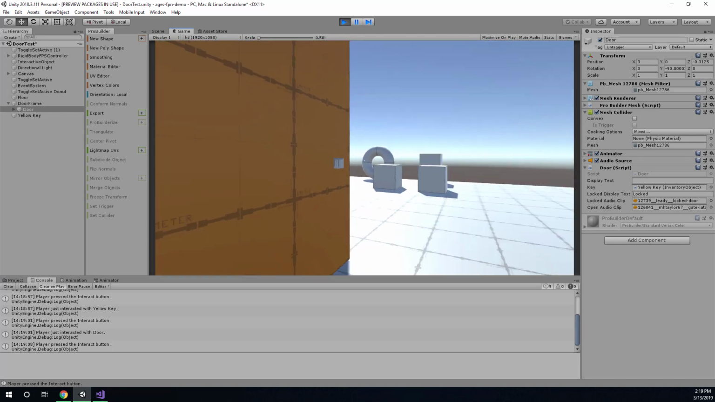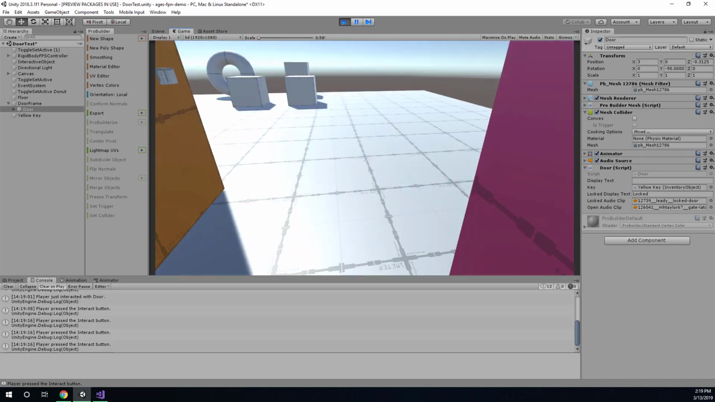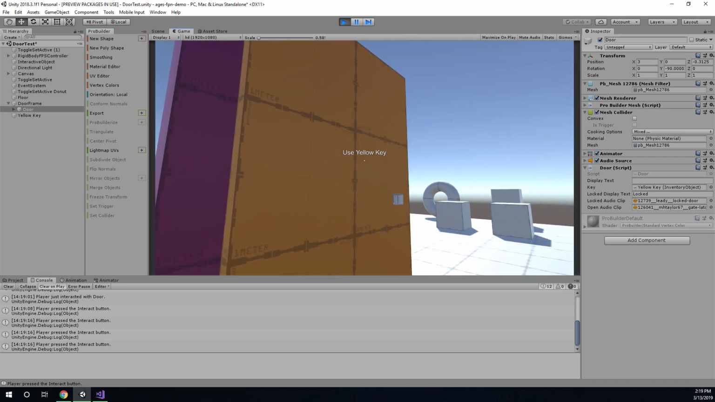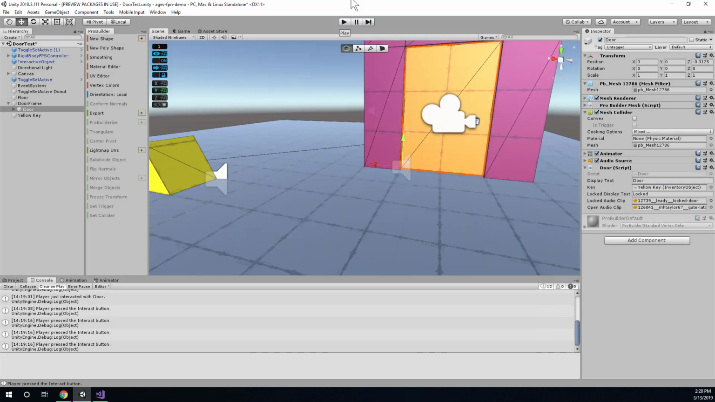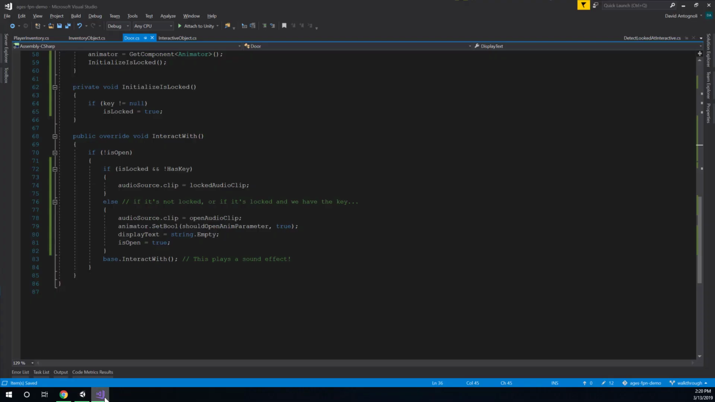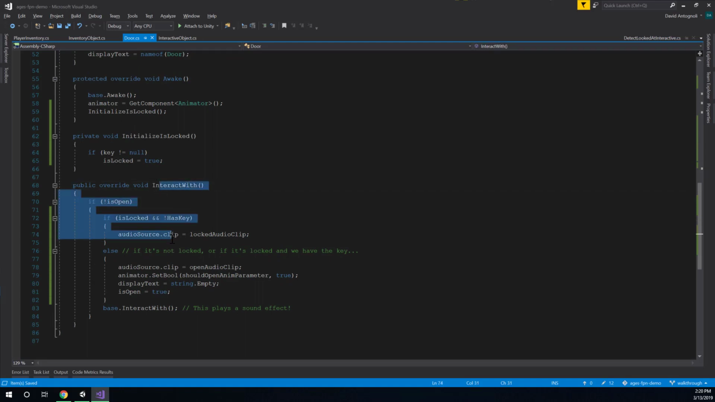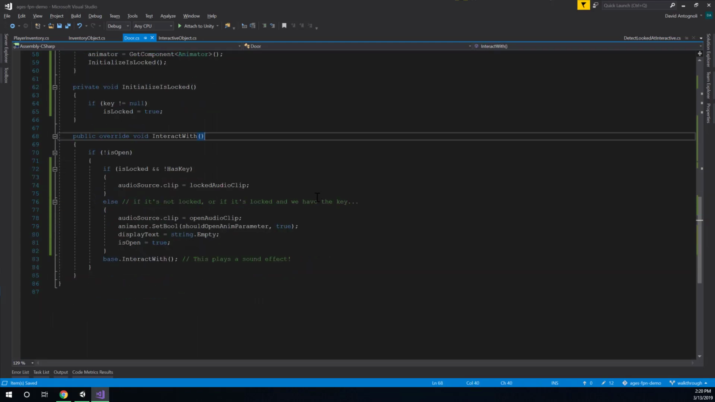The second problem was I need this text to go away now that I have already used the key and the door is no longer interactive. So let's take a look at what's going on there. Let's go look at the door code, and I'm looking at the interact function, and you can see this is kind of tricky the way we've got this set up, but basically, if the door's not open,